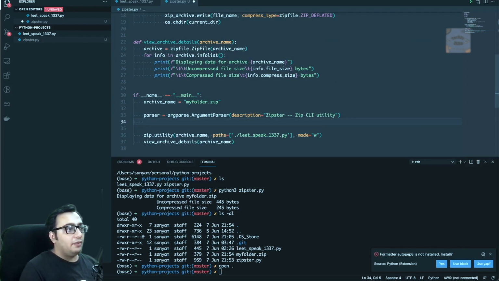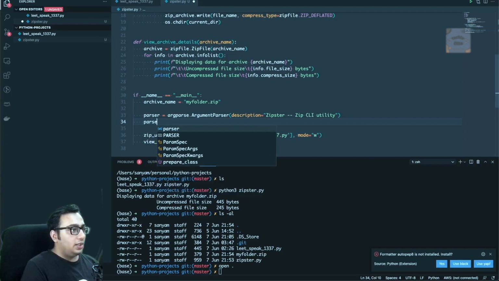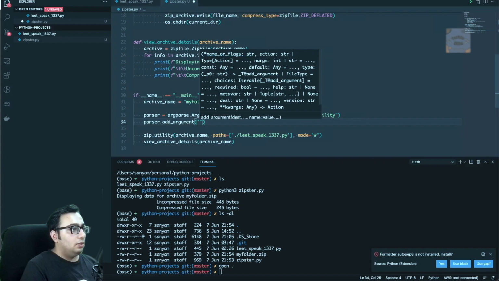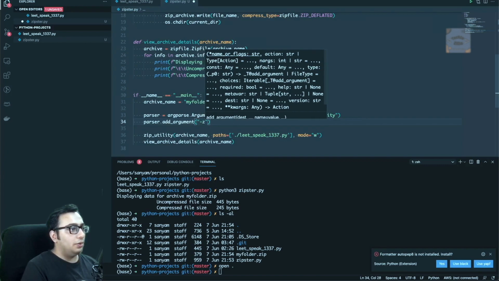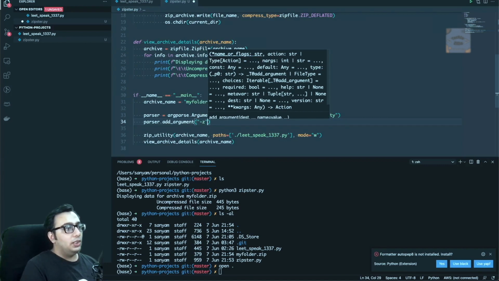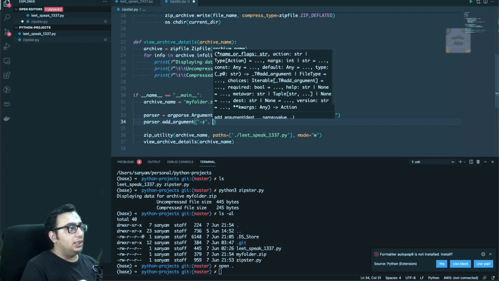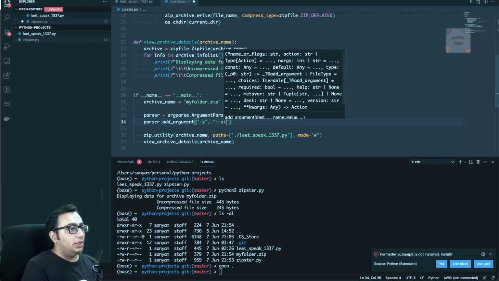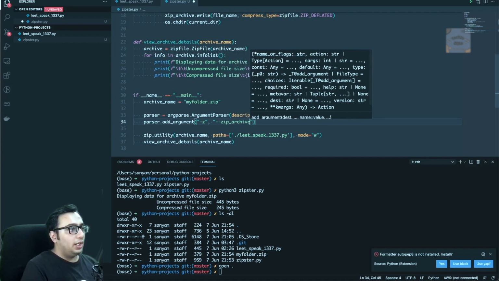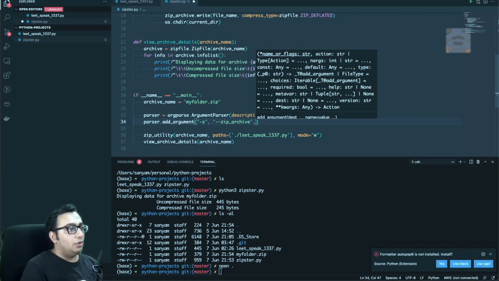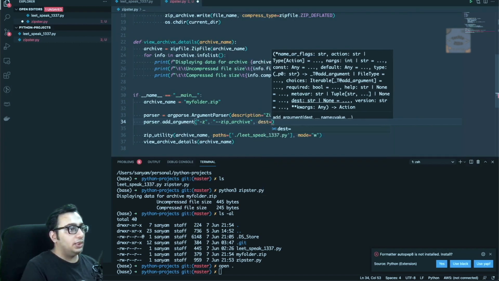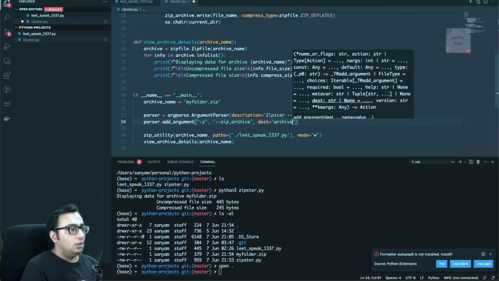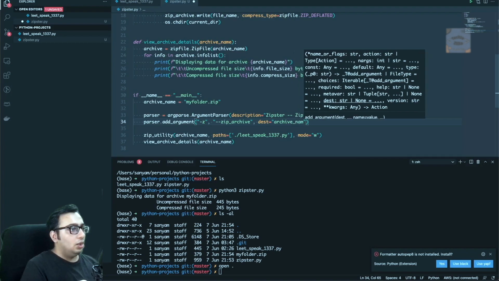So now that we have the parser object, we can add arguments to it so that we can accept it from the command line itself. So we can say it like parser.add_argument, and then we can say we want to give the name of the zip file itself. So let's name it as -z, or maybe we can also call it --zip-archive, right? And we want to give a destination for it. So let's say the destination will be archive_name,